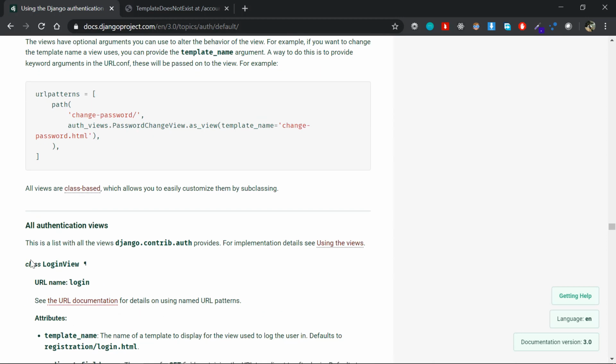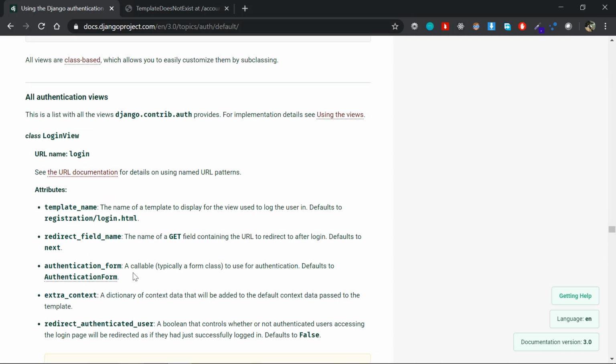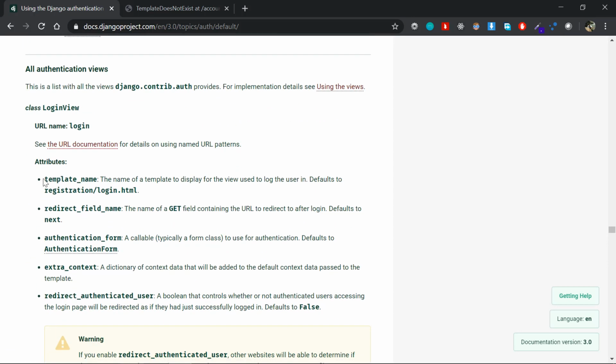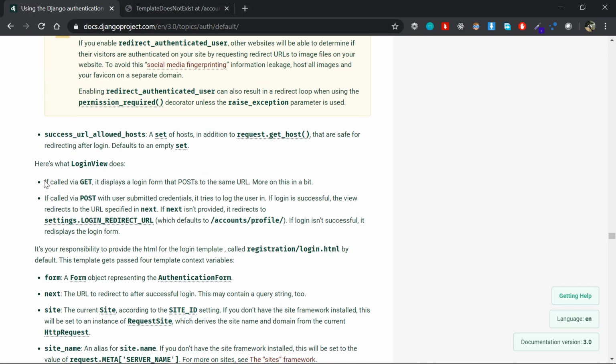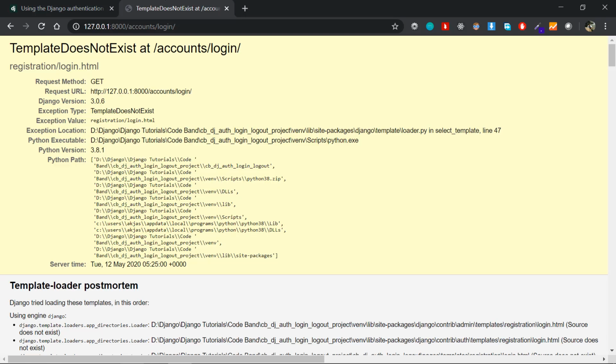So this is a class that represents the login functionality. It expects that the template name is registration/login.html. So in the registration folder, there should be a template called login.html so that it can process. Now what this does at the end is, in the get request, so if we just go to account slash